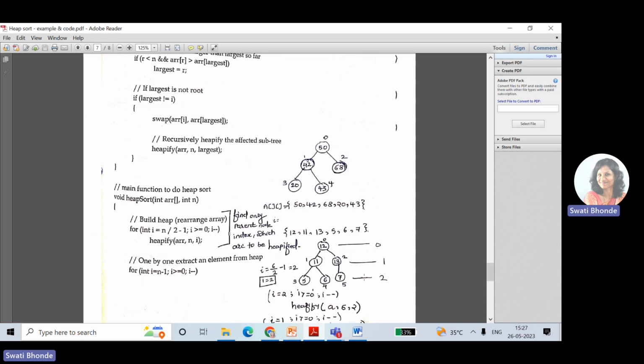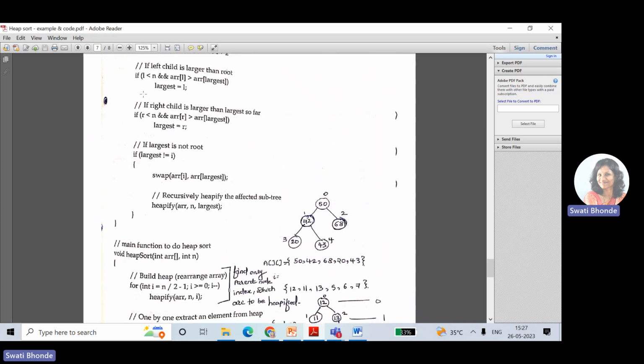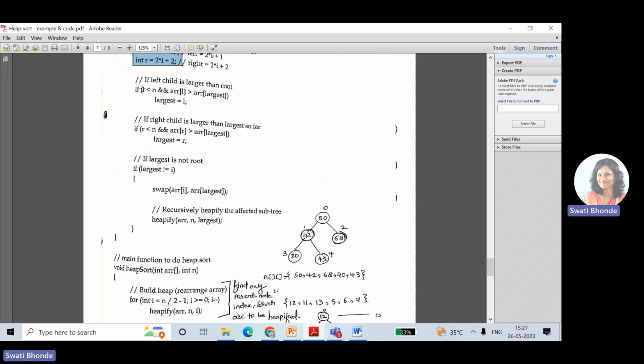There is no node present at index number 6, because as indexes start from 0, the total elements in that case would be 7. If it is going to index 6, it means that there are 7 nodes in the tree, which is not true. So for checking this, the index of the left or right child must be smaller